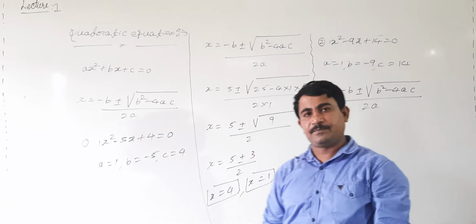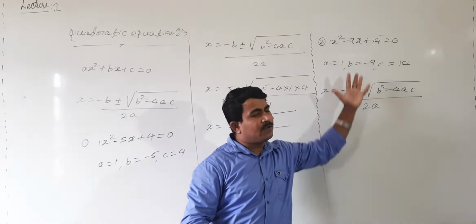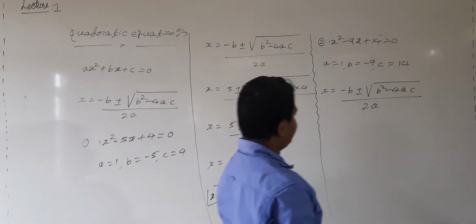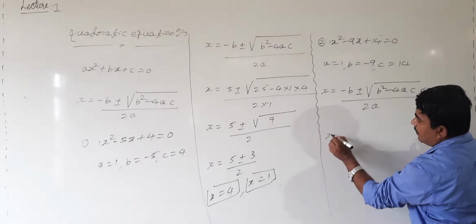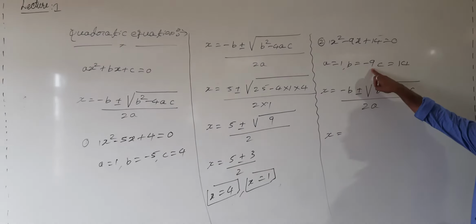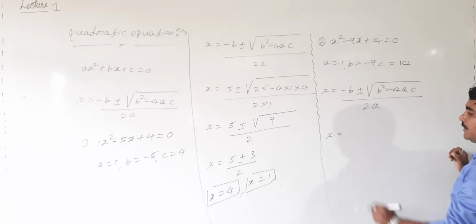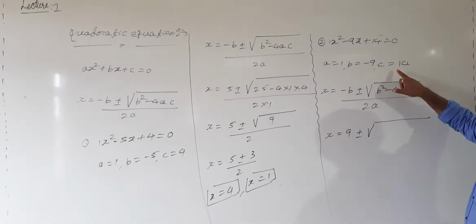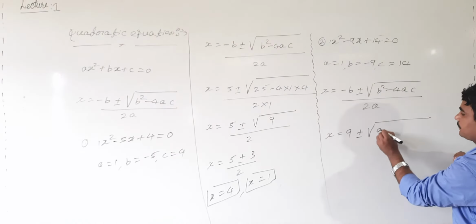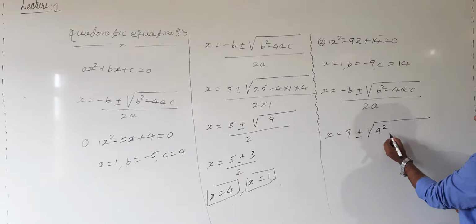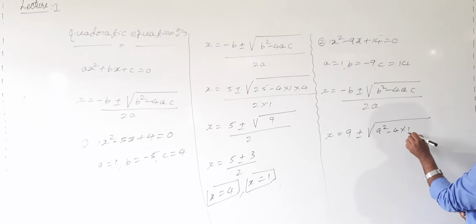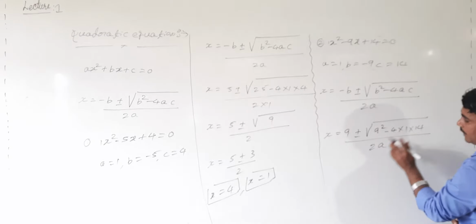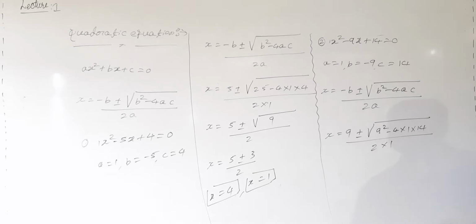Now we can form the solution. Let us try by putting these values. I will form the solution. See here. x equal to minus b, that is minus 9, plus or minus under root of b, that is 9 square, minus 4a, a equal to 1, c means how much? 50. Whole divided by how much? 2a. A is replaced by what value? 1 value.